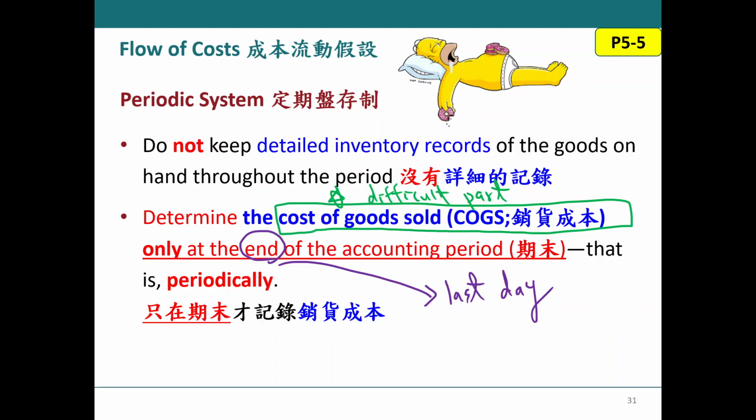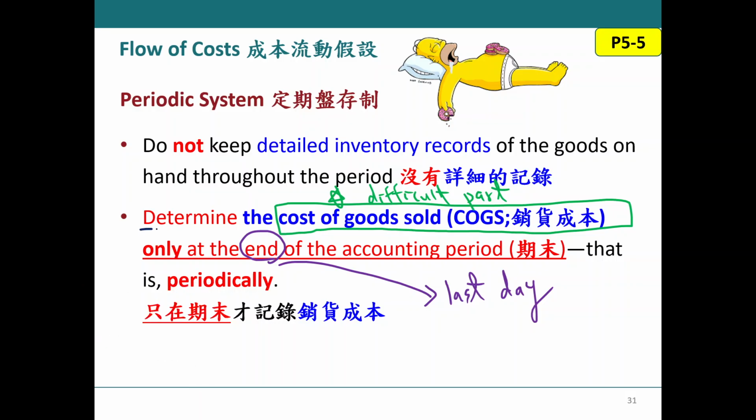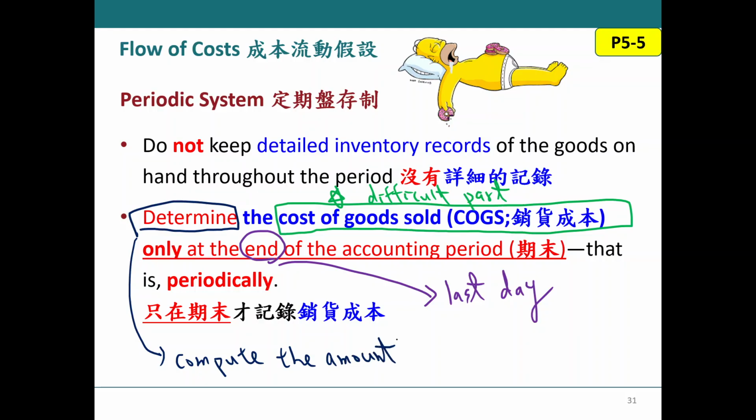So you compute the amount of cost of goods sold on the last day, because it's quite difficult to do that. Determine, compute the amount. 计算金额。